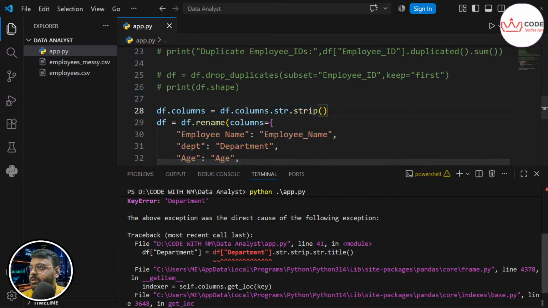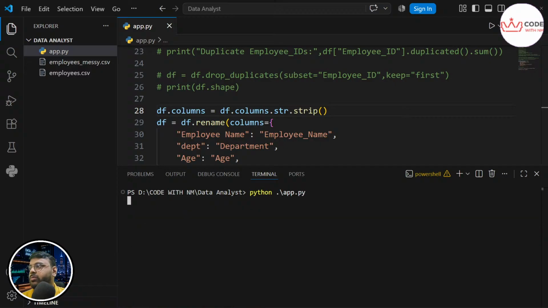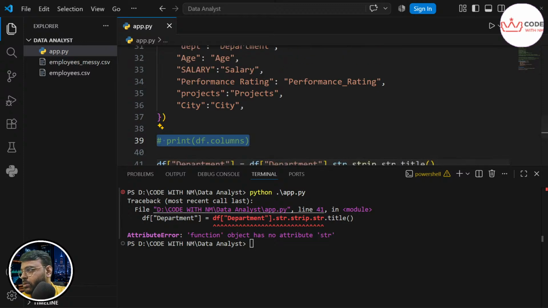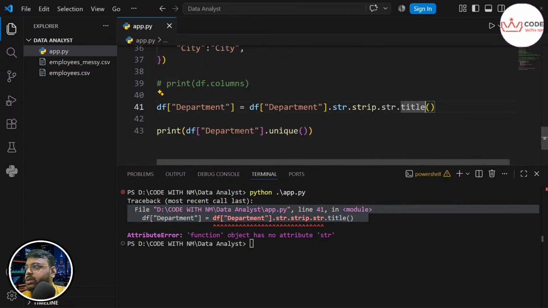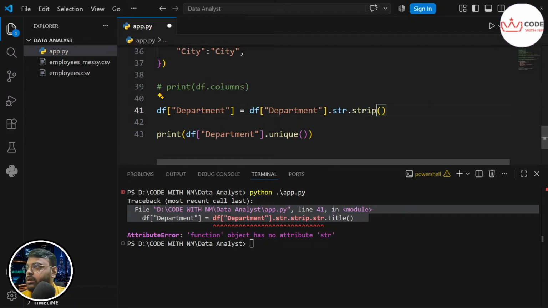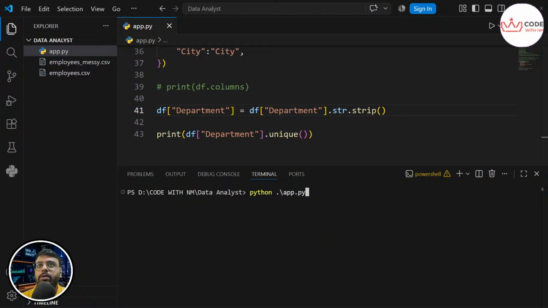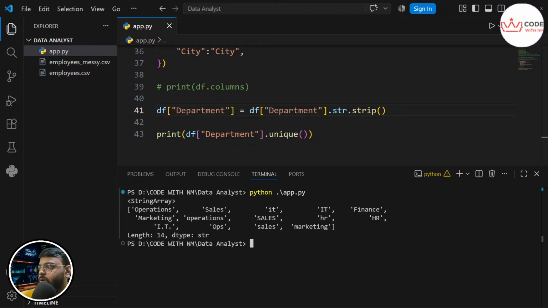So let me save this, clear the console, and now I've just printed this. Okay, and it says this one also. For time being, I'm removing this, and now let's clear this, and I will be visiting that part again, and let's see now. Okay, now it brings me operations, sales, IT again, finance, marketing, again operations, sales, HR, then